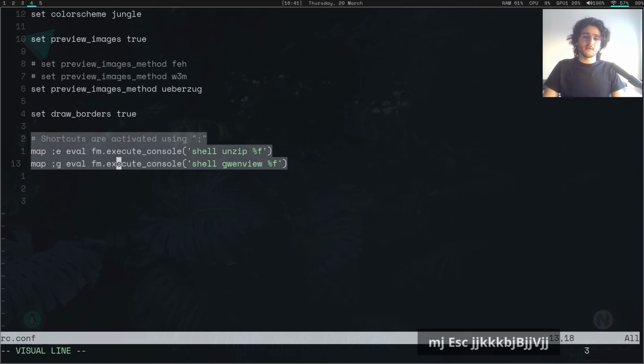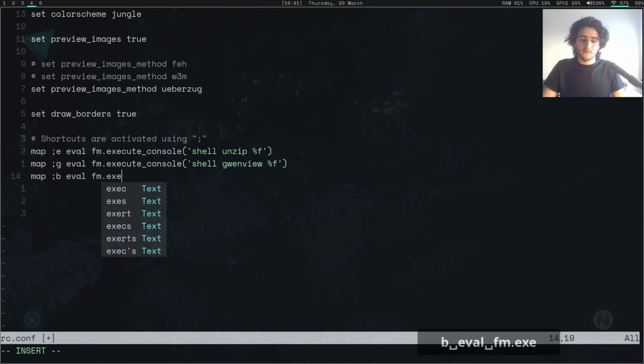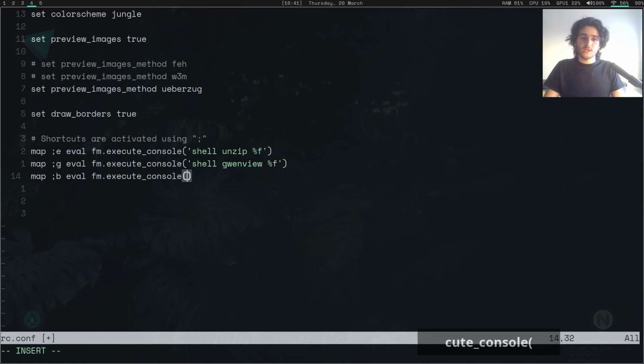So at this point in the config file, you can see we can set some custom shortcuts, like I said before. So let's just add a new shortcut for bulk renaming things, so we don't have to type bulk rename each time. So I do map, I will choose the letter which activates the shortcut, and I'm going to choose B because bulk. So I just copy the same thing that's above me. So fm.execute_console, and I don't need to say shell because it's not a shell command, it's a Ranger command. So I'm just going to write bulk rename here,